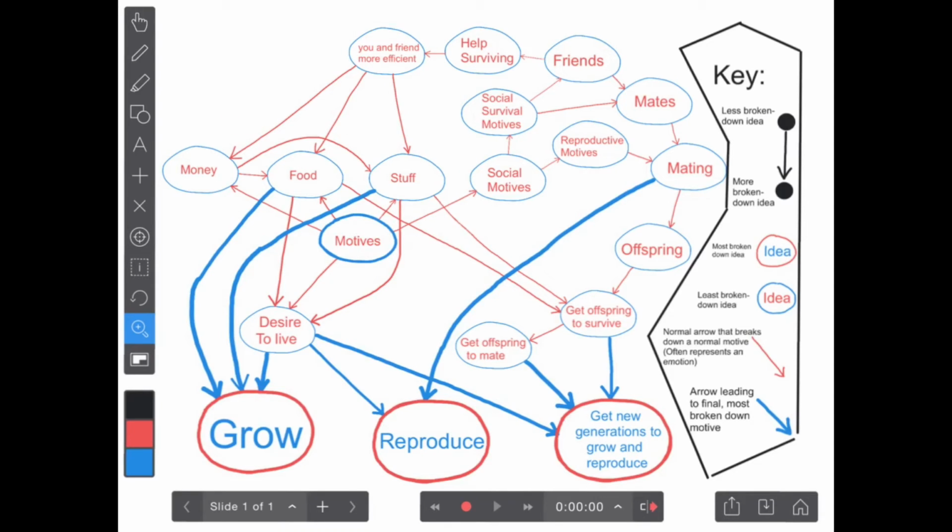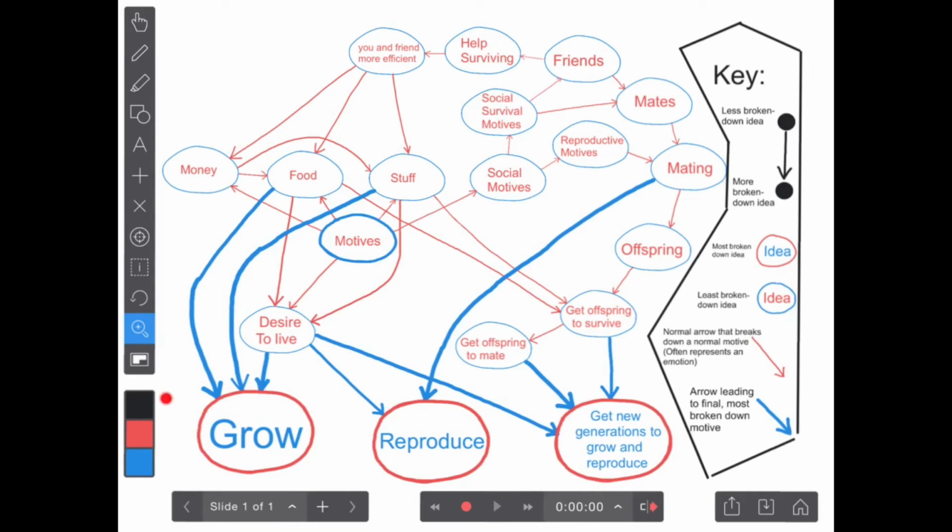Or in ancient times, you could get food and stuff better, or quicker, or more efficiently, or more of it, which could be used for your offspring to mate and survive. So basically, everything boils down to growing, reproducing, and getting your new generations to do that same thing, grow and